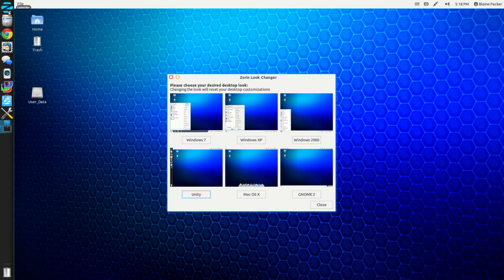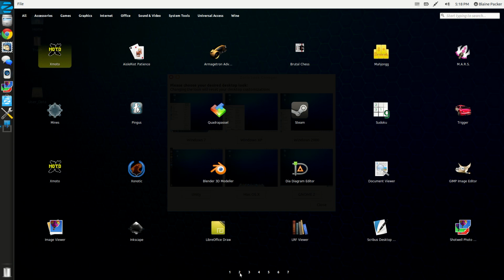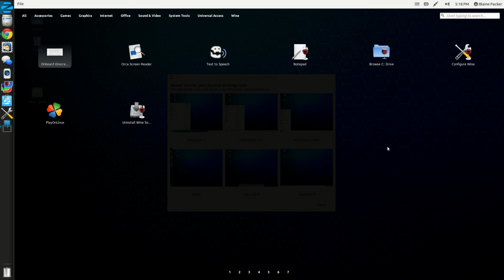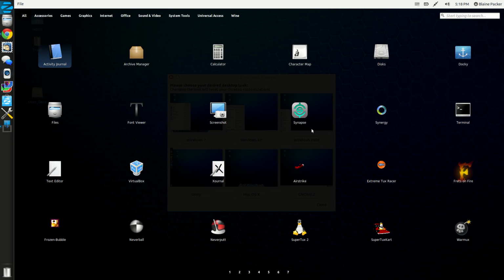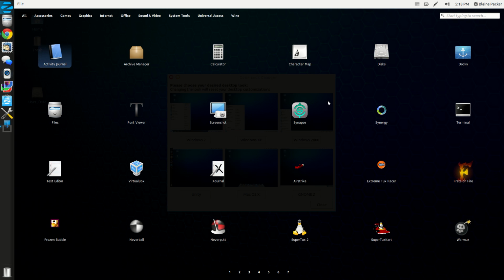Obviously it doesn't work as well as Unity's menu launcher, but you can see here the menu that we do get gives you a very nice presentation of all of the apps that are installed, sort of like an overarching dash view that's, I believe, based off Elementary's old launcher. It's a good way to view all the applications that are pre-installed, so while we're here we'll